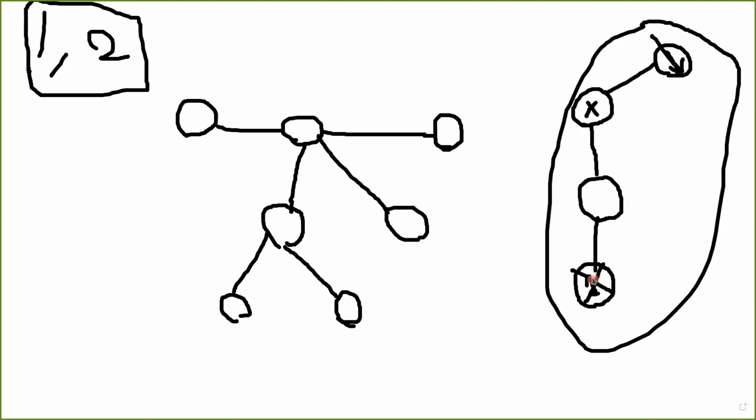Okay, and after he removes this node, we are left with these three nodes. So the second player will choose to either remove this or remove this, but they are the same. If the second player removes this, then the first player can remove X, because X will be a leaf, and if the second player removes this, then he can remove X. So it's clear then that if you have,